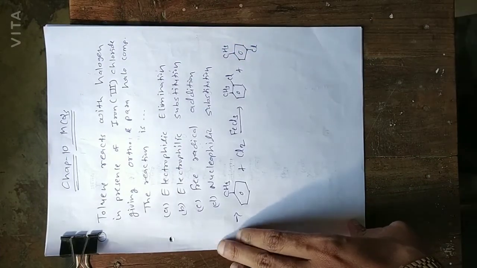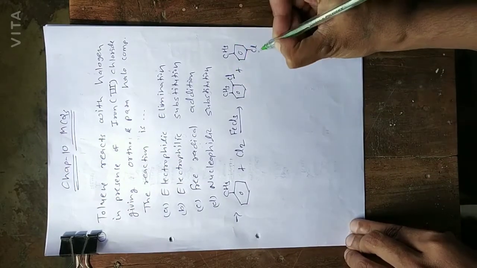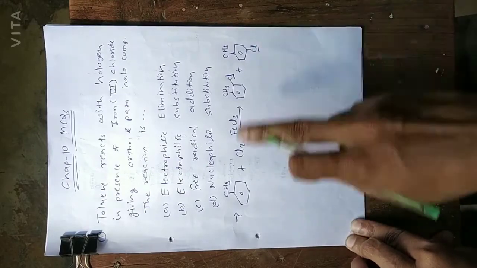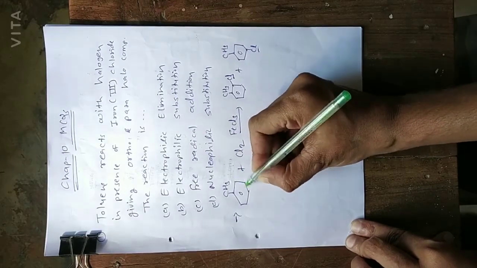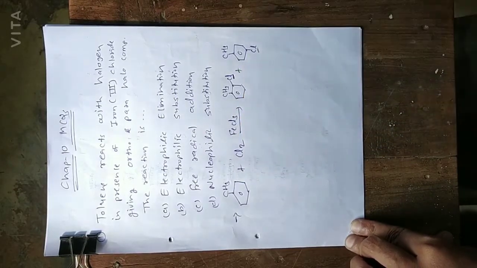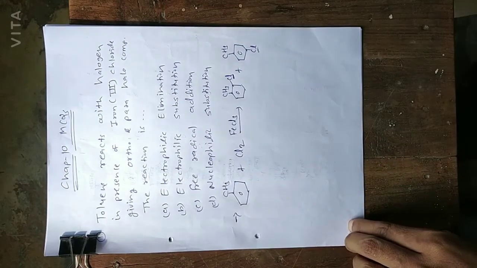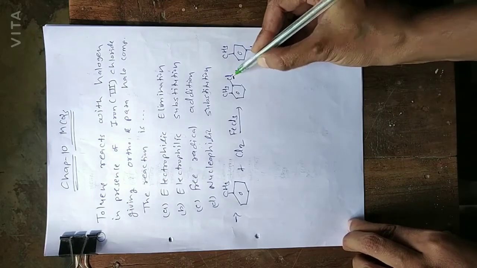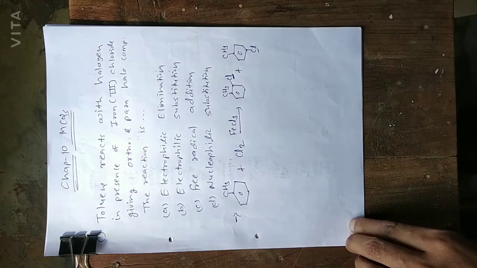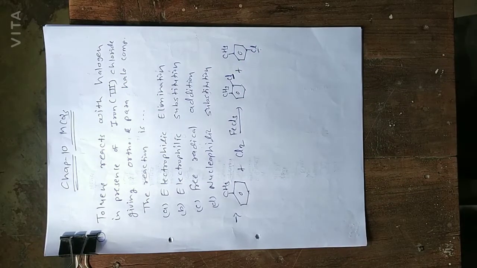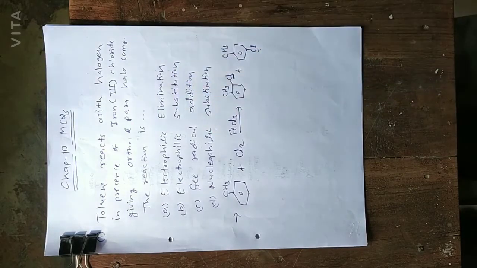para halo compound. Now in this reaction you can see this Cl is there in product and it is not there in reactant, means hydrogen from this place and this place, it is replaced by this Cl. So it is substitution reaction. That is clear? It is substitution reaction because hydrogen from this place is replaced by chlorine. Now two substitution reactions are given to us, nucleophilic substitution reaction and electrophilic substitution reaction.